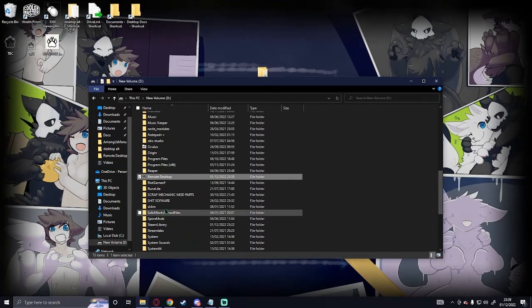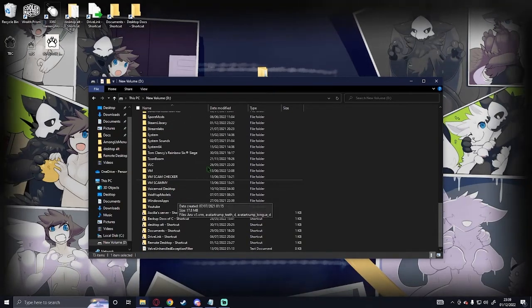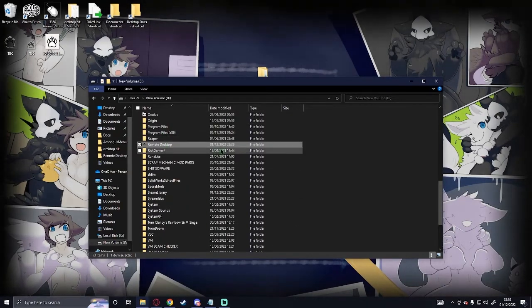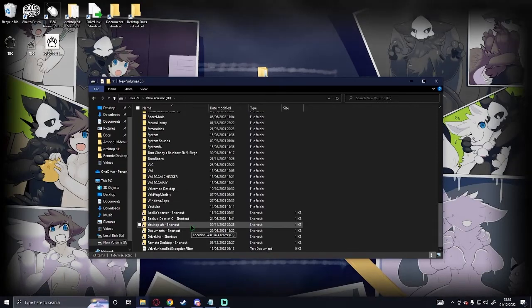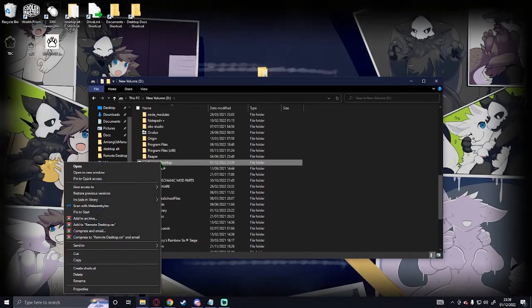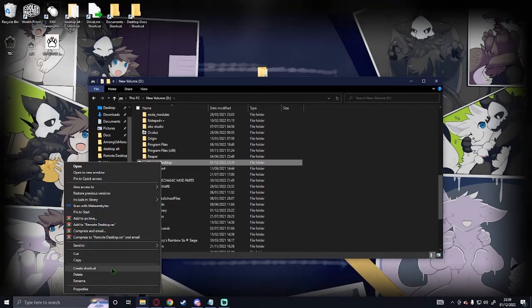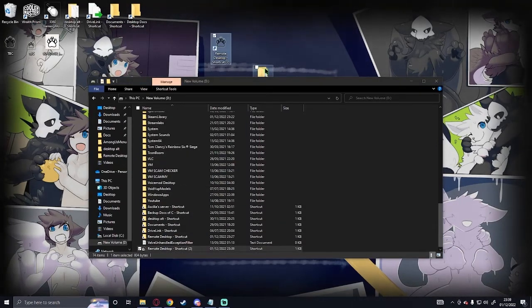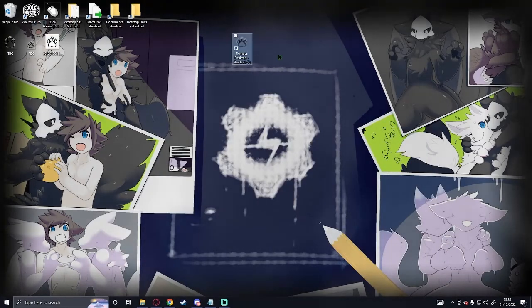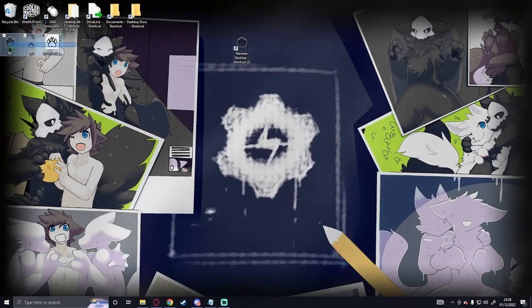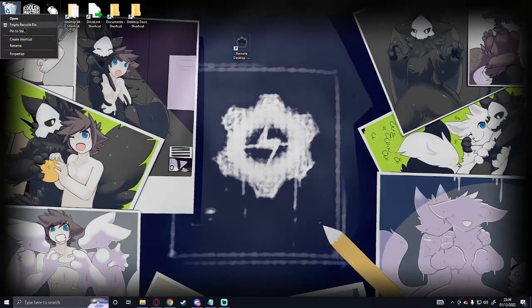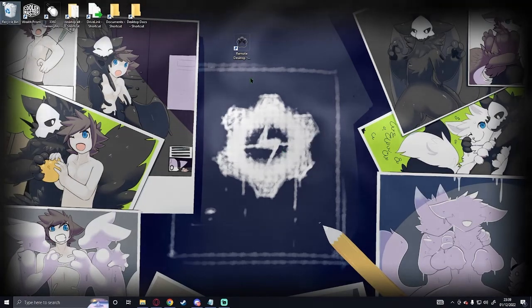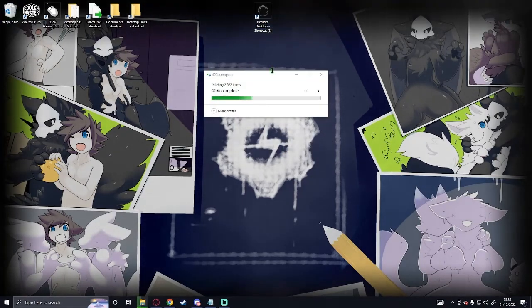So now make sure that when you're doing this, you are realizing that this is no longer the same link. So press this, right click it, press create shortcut. So we have another shortcut. Drag that shortcut to your desktop, and then you can delete the other one. Now we have this little paw print. You can also throw these in your recycling bin and delete them. You don't need them. And now we have this awesome little paw print